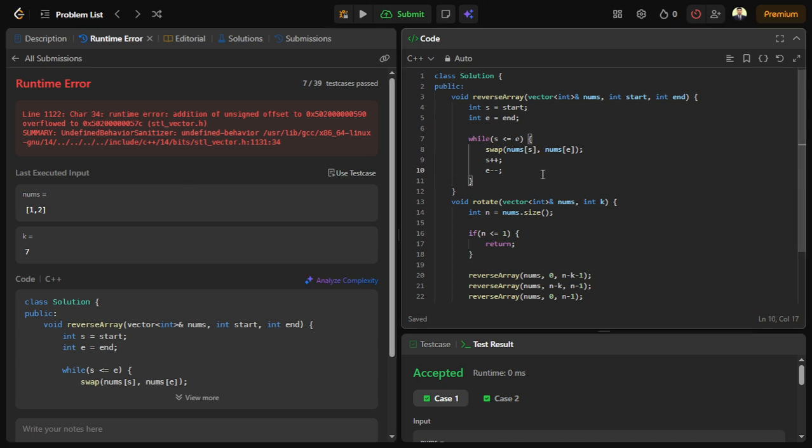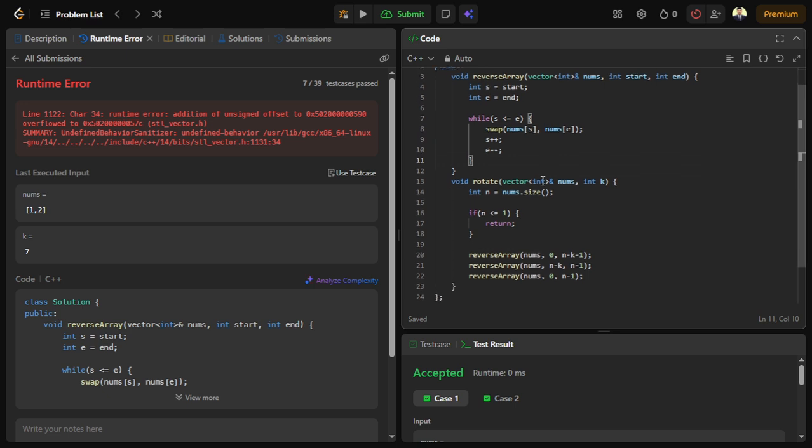Okay, so if the array size is 2, yes, the problem here is that if this array size is 1 or less, then in that case we do not have any problem. We can simply return from here. But if the particular size of the array is 2 or greater, then in that case